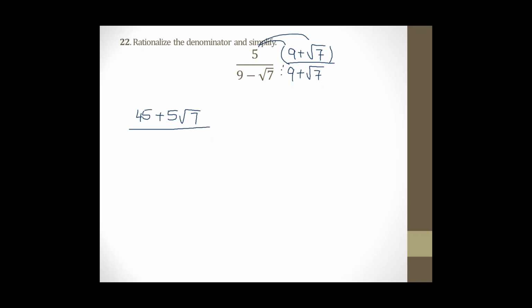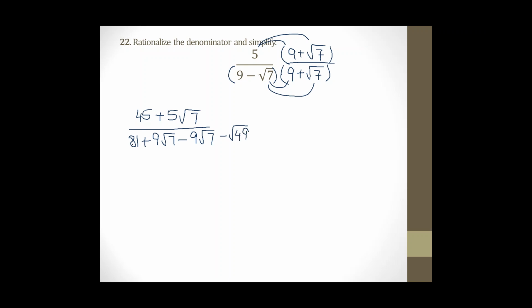Now the denominator, I have to use FOIL to simplify that, and remember it's first times first, which gives me 81, first times second, which is plus 9 square root of 7, second times first, and negative 9 square root of 7, and then the last times the last, so negative square root of 7 times square root of 7, which gives me a negative